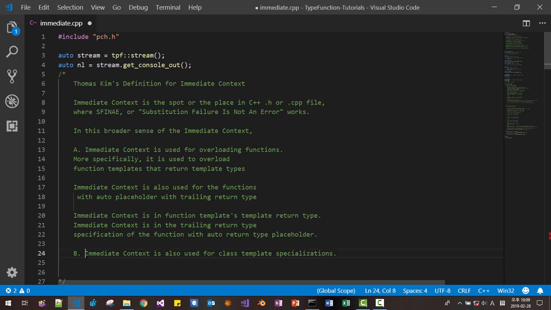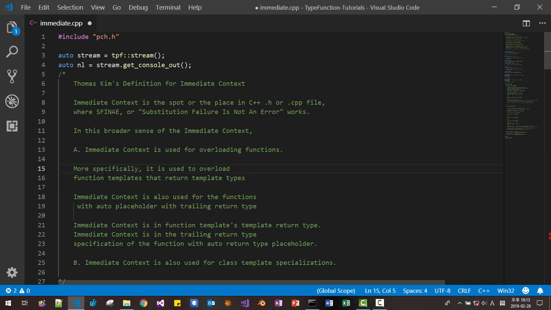About immediate context used for class template specialization, I will deal with this in future sessions, not in this session. We've just learned case A-1. More specifically, it is used to overload function templates that return template type. We just learned this example.